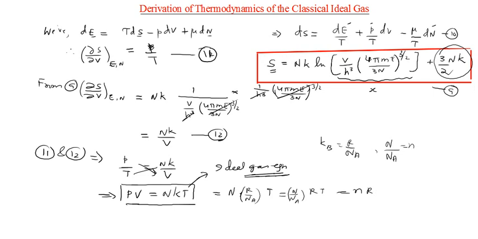So that is yet another form of what? The ideal gas equation, right? So hence it gives the equation of state. We call it the equation of state of the classical ideal gas. So this is actually a point of celebration for statistical mechanics, okay, because we are able to get